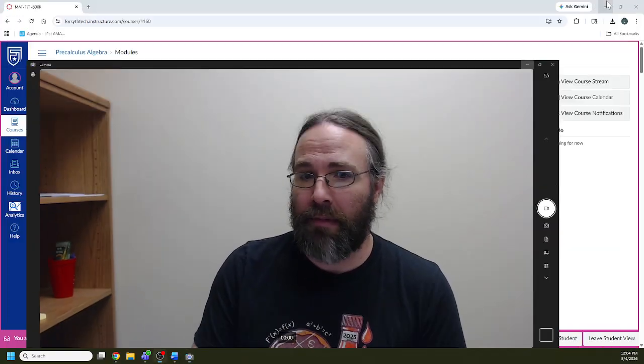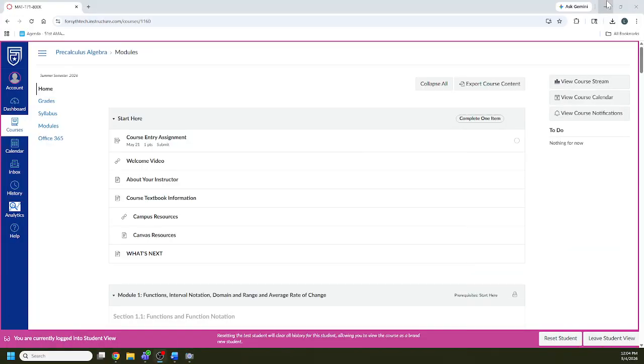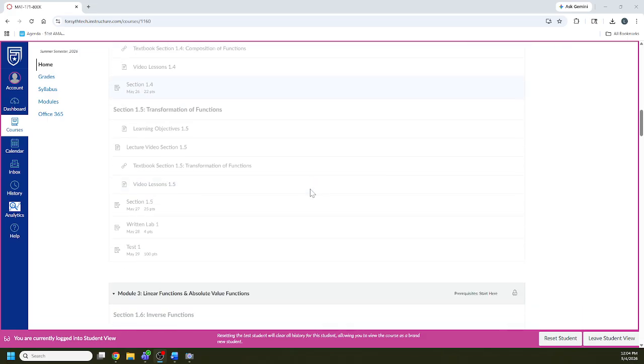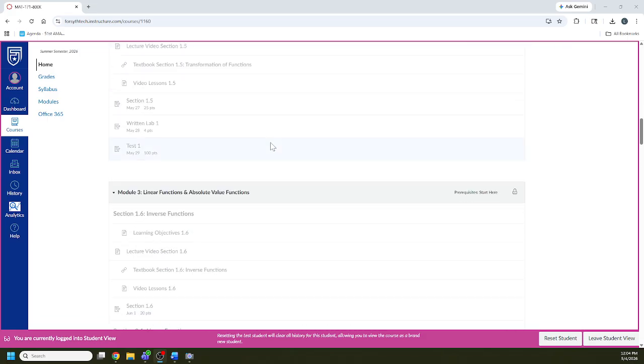So let's dive into this. I'm going to minimize this and hop on over into Canvas. I'm in student preview mode. Student preview mode still looks a little different than what you will see, but this is what our class should look like once you access it. And when you access it for the first time, you're going to notice that a lot of stuff is not